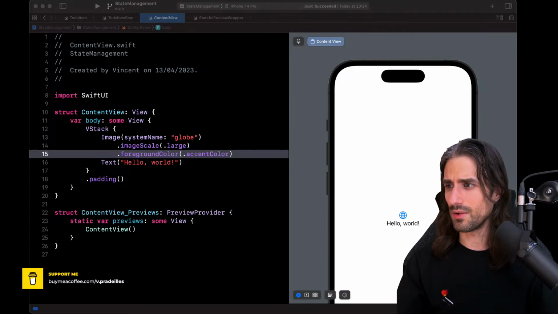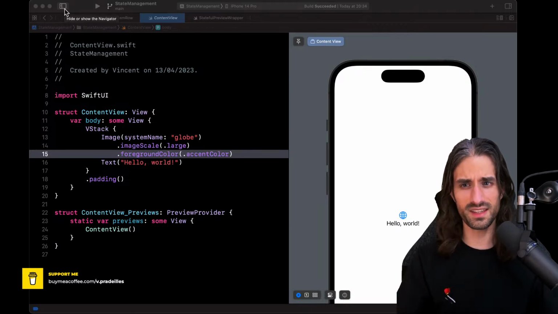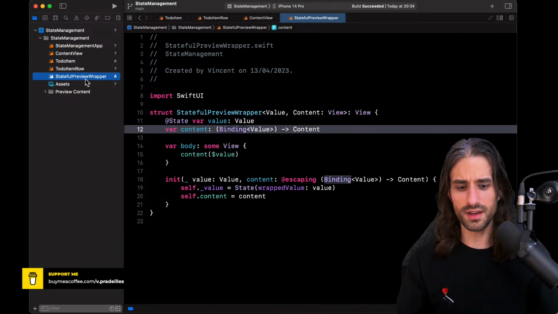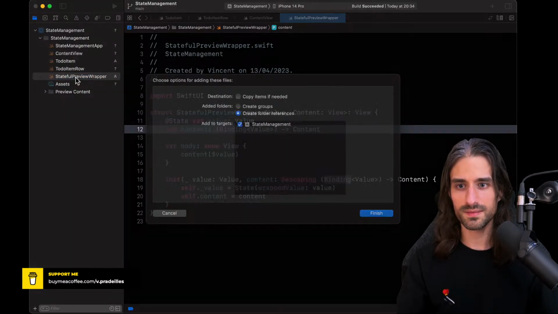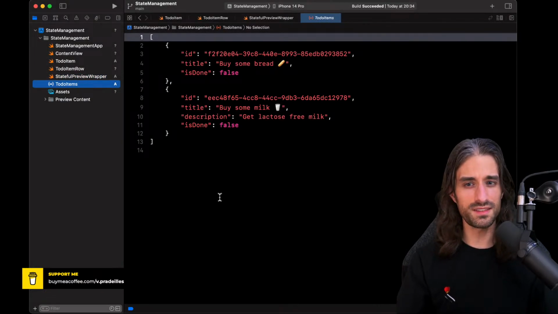And let's see, where do I want to start? Okay, first we want to have some data, because we want our list to be realistic. So this is when we will use some of the assets that are in the Xcode project. First, we're going to have a JSON file. So I'm going to try and do a command drag and see if it works. Copy items if needed. Yes, it worked. So we have this JSON file, which has just the two items I had in my preview, but inside the JSON file to make it more convenient.